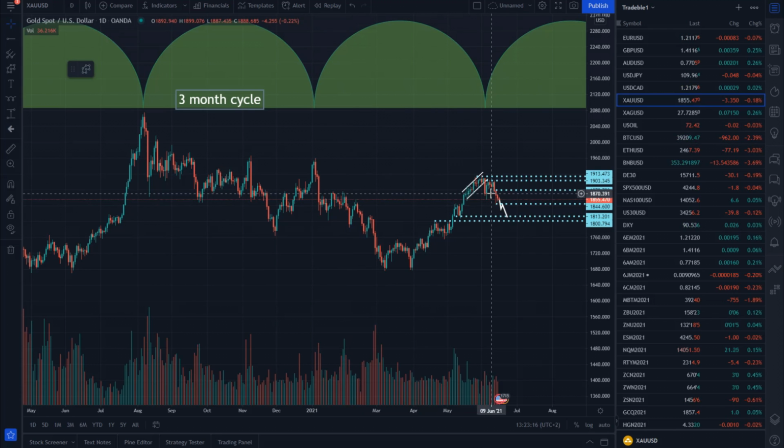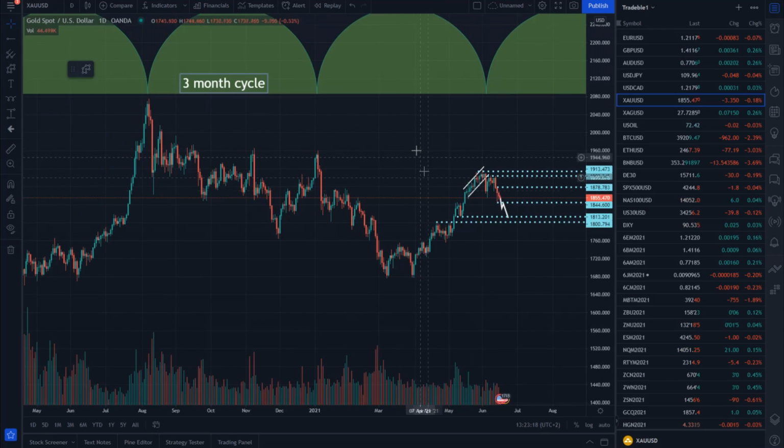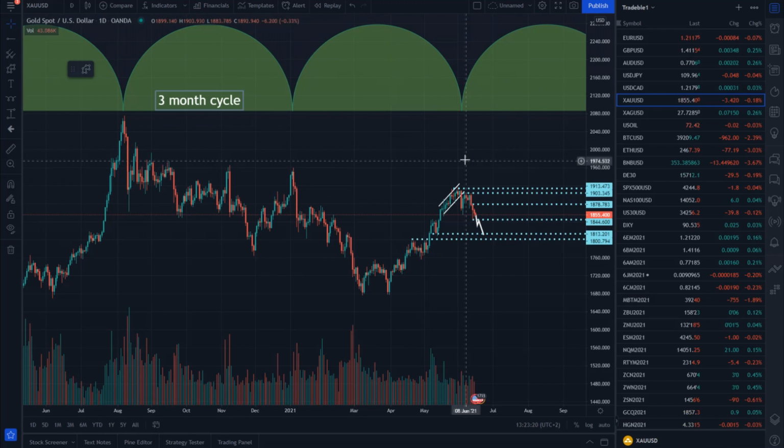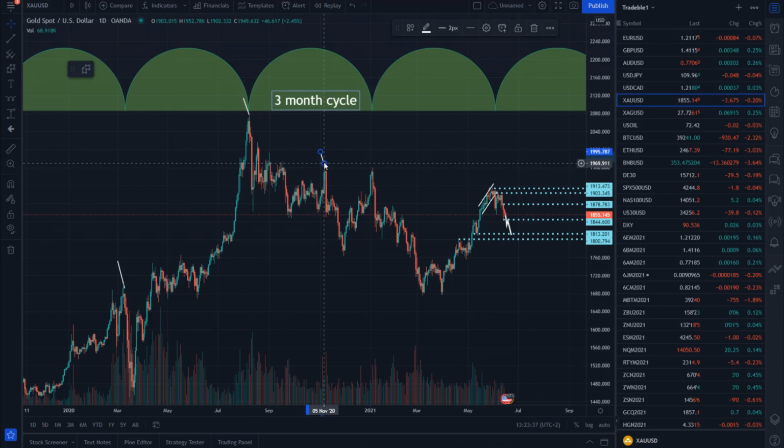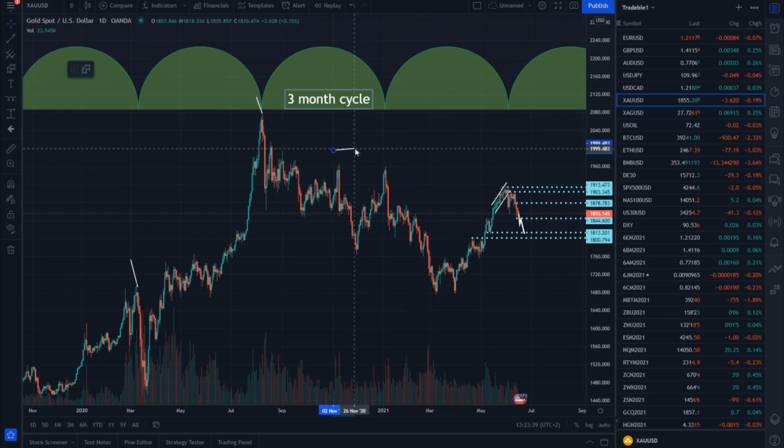So as I mentioned days ago, from my perspective, gold started the 3-month cycle for a top. And I will go through this again. This 3-month cycle is very dominant for the tops, and every time it reaches the 3-month horizon, we make a major short midterm top. Right there, right here